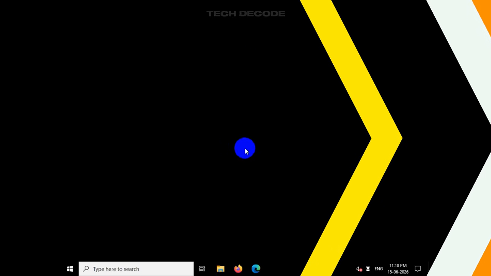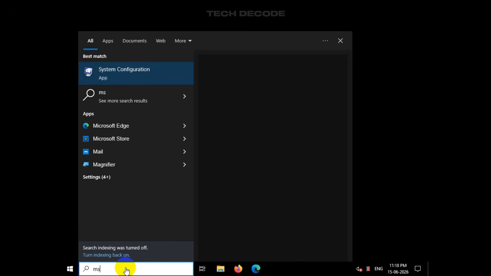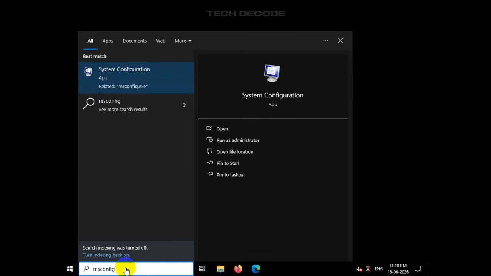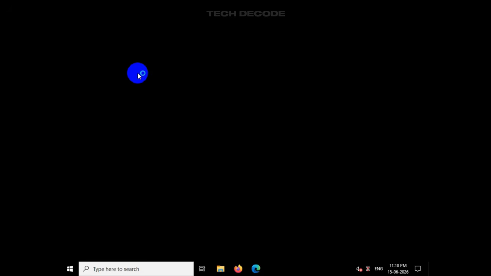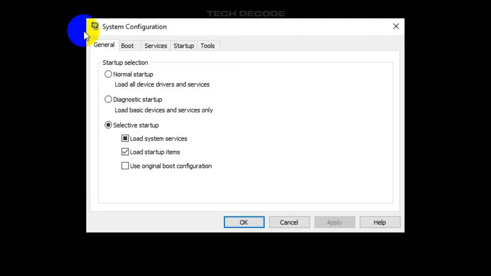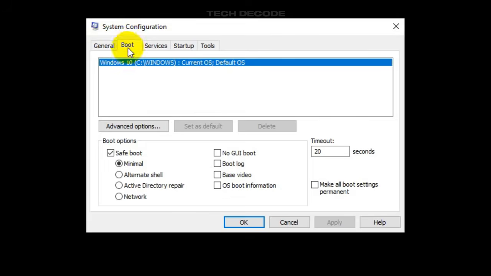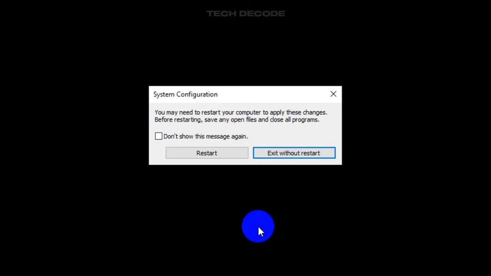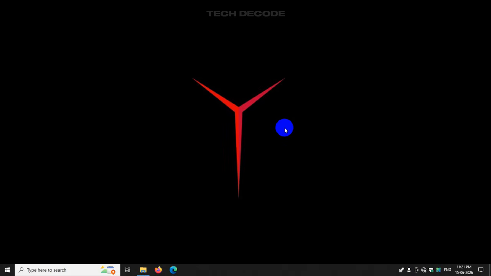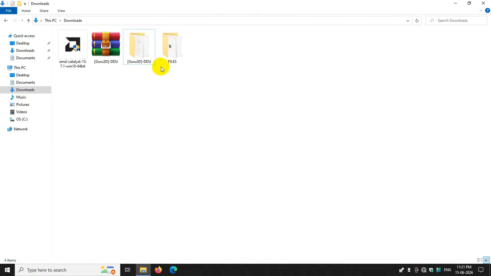Once done with the installation, search for msconfig again and click on System Configuration. Then go to the Boot tab and uncheck the Safe Boot option, click on Apply, OK, and then click on Restart. After restart, go to the extracted folder of DDU,